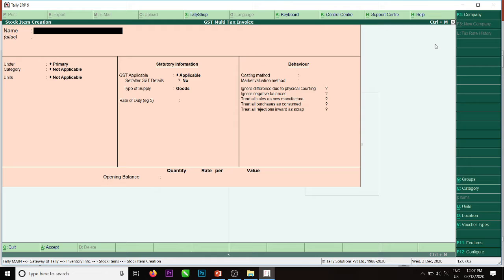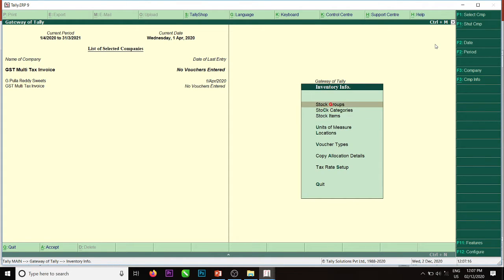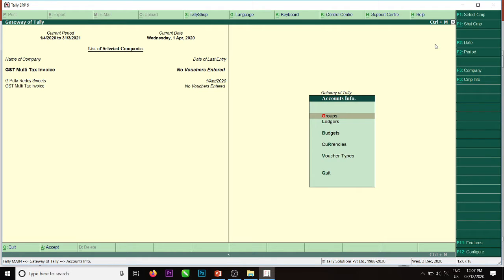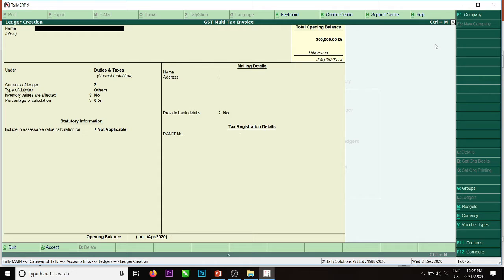Two taxes we created, two stock items we created. Now we have to create one buyer, a sundry debtor, and another one, a sundry creditor. We'll go to accounts info, ledgers, create, Limca Enterprises, sundry creditor.